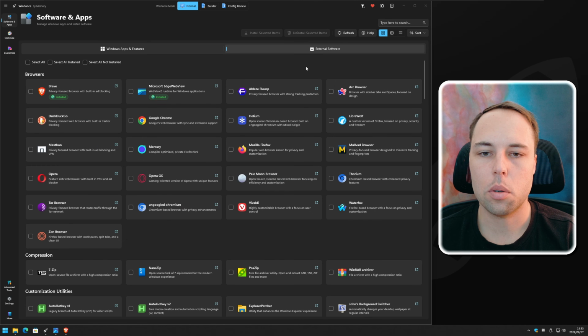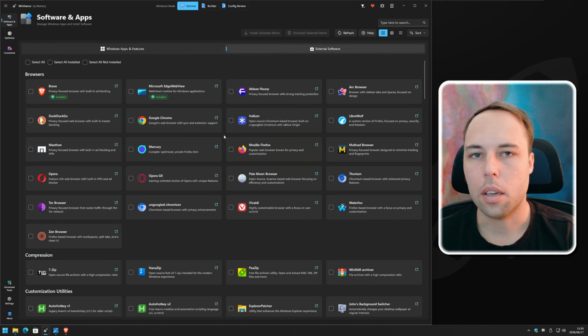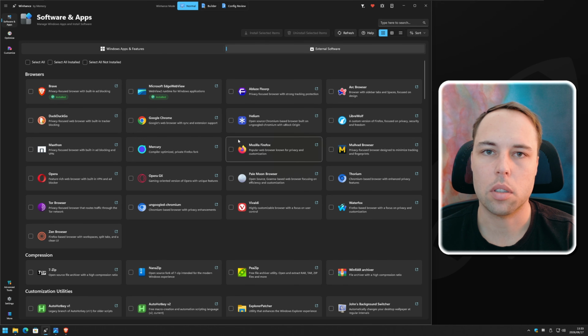But when it comes to some of these Winget packages, you don't have control over whether that's portable or installer. The developers of that app decide that when they upload it to Winget. So each one of these items that you see is uploaded to the Winget package repository by the developers or the company that owns that package. And they decide whether they upload an installer or a portable package for their package that's hosted on Winget.